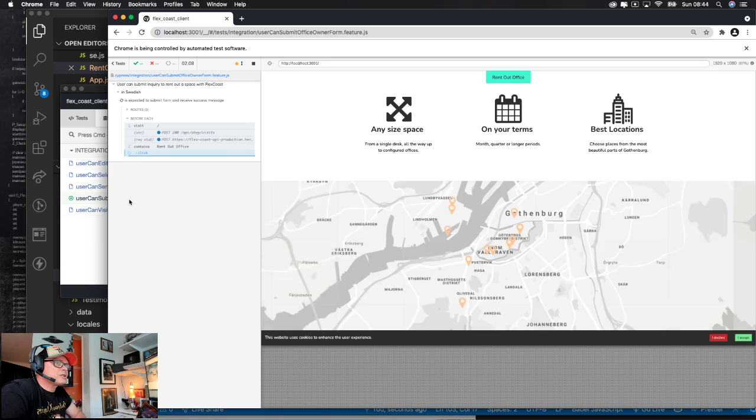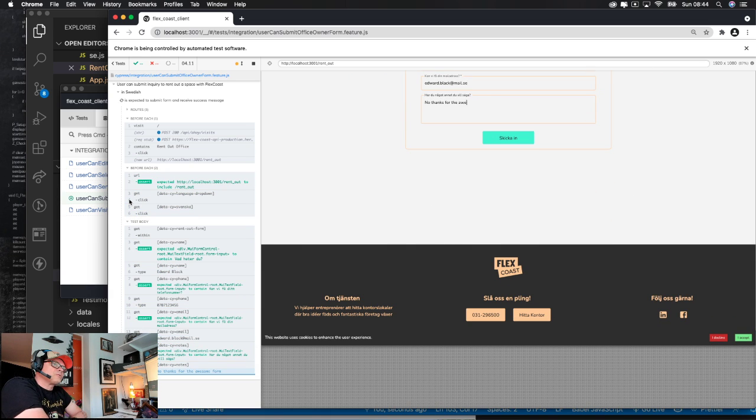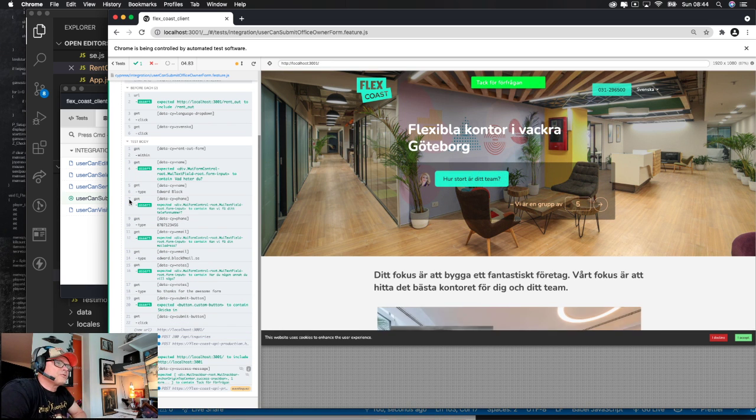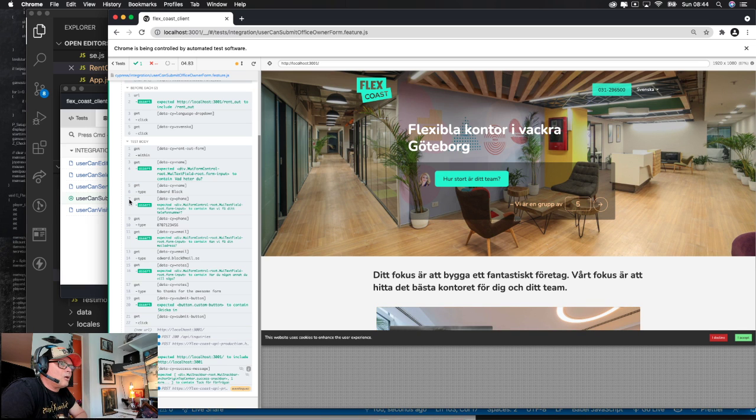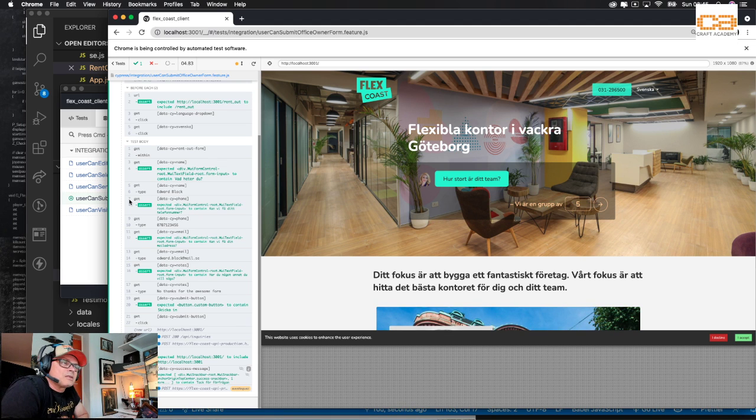So data-cy is used by Cypress to identify. You could use IDs, or you can use content and so on, but there's a whole section in the Cypress documentation about data-cy and best practices regarding that. But the problem here is how they use it. It's a bit overcomplicating things.